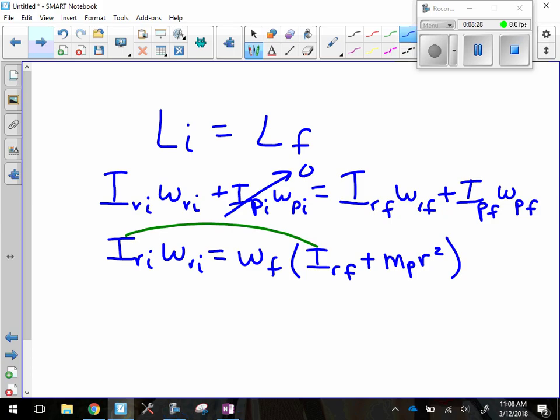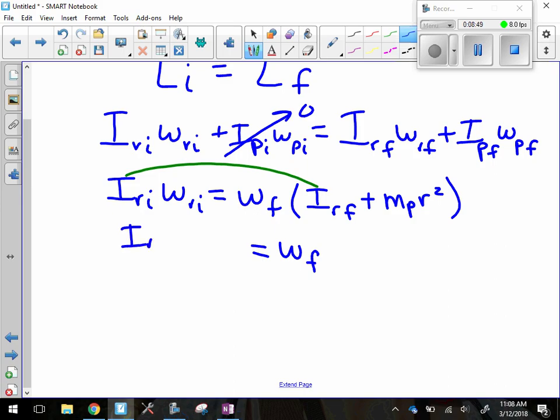I said it was compact, which is the whole idea. If it's all small and together, then I don't really have to worry about different parts of it having a different velocity or anything. Okay. So my omega final is going to be I_R omega initial,